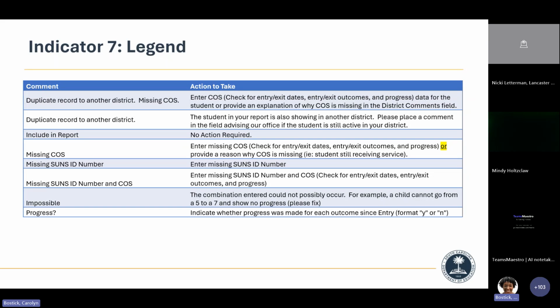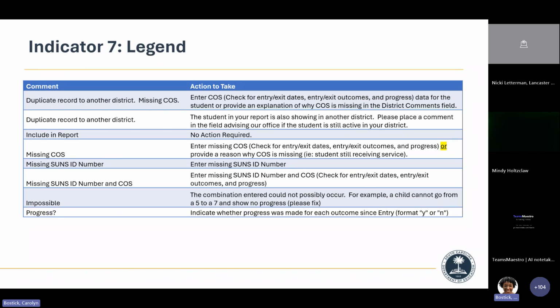Likewise, if the student is duplicated in another district, we need to know exactly where to count that child. If an exit entry COSF appears, we just need to clear the duplicate off of our records because the students are counted in the district in which he or she exits. Include in the report, that means that we have everything we need, and at a bare minimum, that student will be on your COSF report.